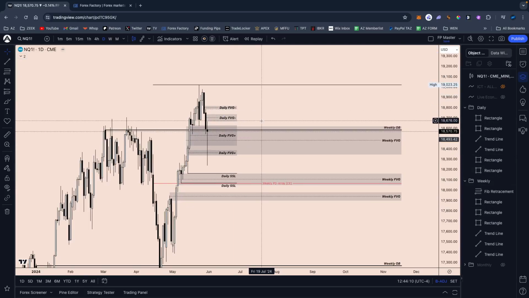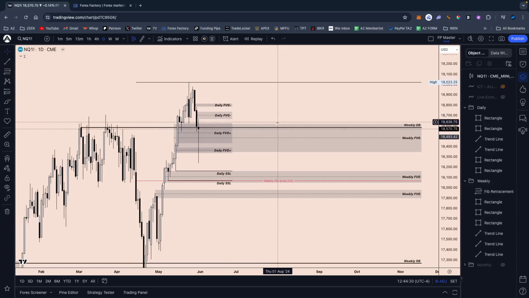But what I would use as confirmation that we could actually target buy side again on the higher time frames would be a close above these daily bearish fair value gaps. Very simply put. Once we see that, we can confidently say, okay, we're more likely to see buy side again. But for now, at least,